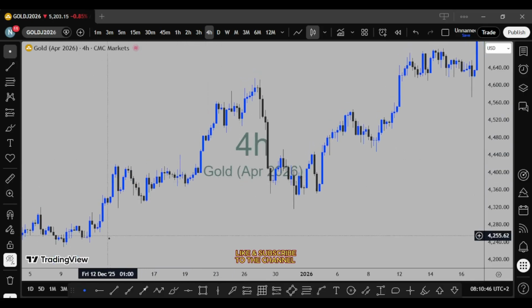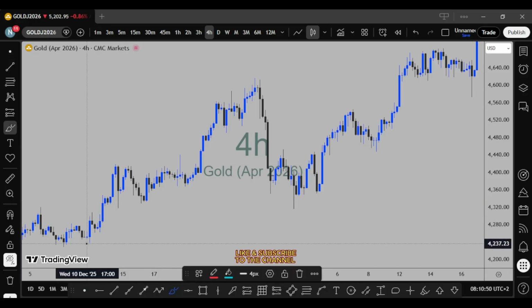So now we go for break of structures. So we have this low. We start at this low. We have the one to the left, to the right. This one was broken by this candle. We have a body candle close, meaning we have a